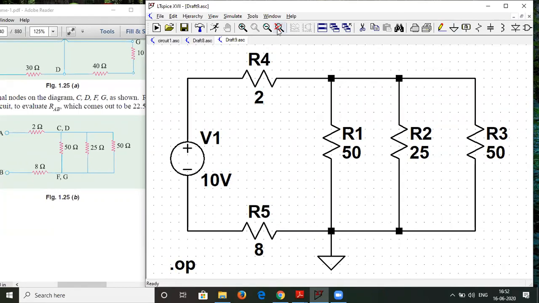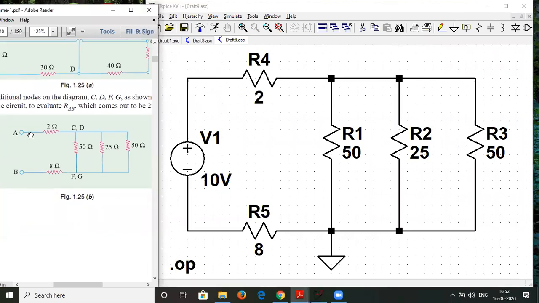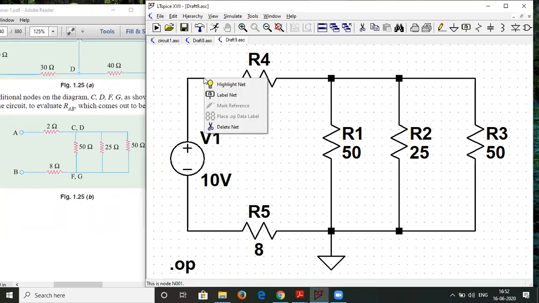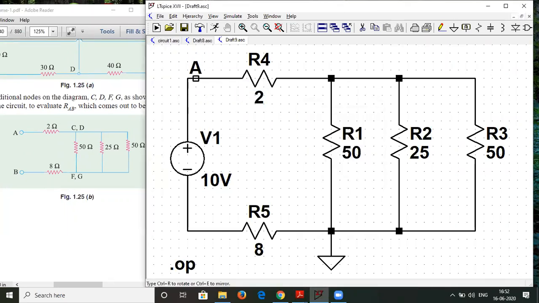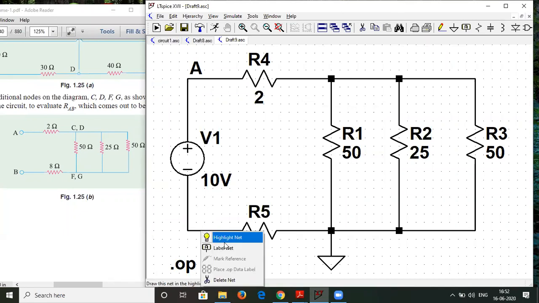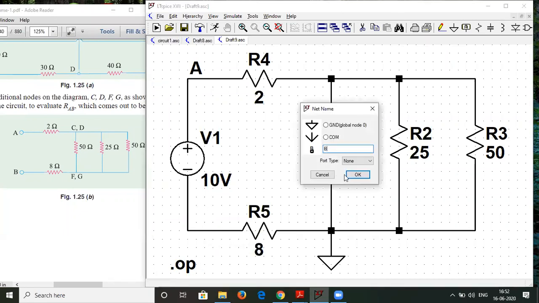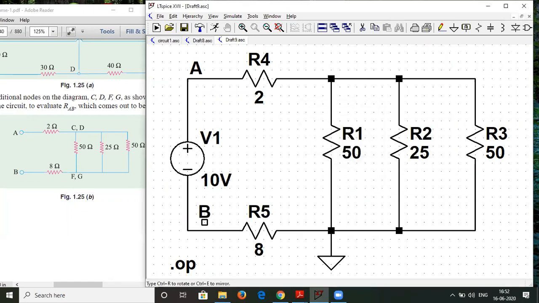So now your circuit is complete. And now no need to assign the nodes. We are only interested in finding the equivalent resistance between point A and B. So let me just name this node as VA. And by default, this node, let me just define it as B. Why am I defining it as B? Because this ground node will always be 0. Okay.